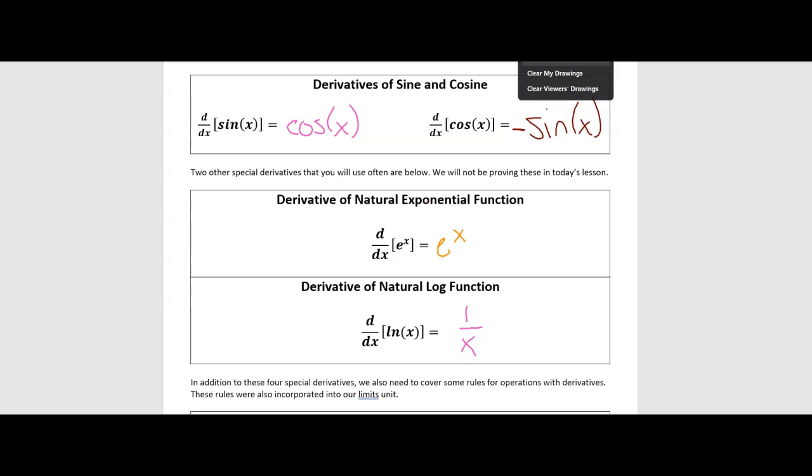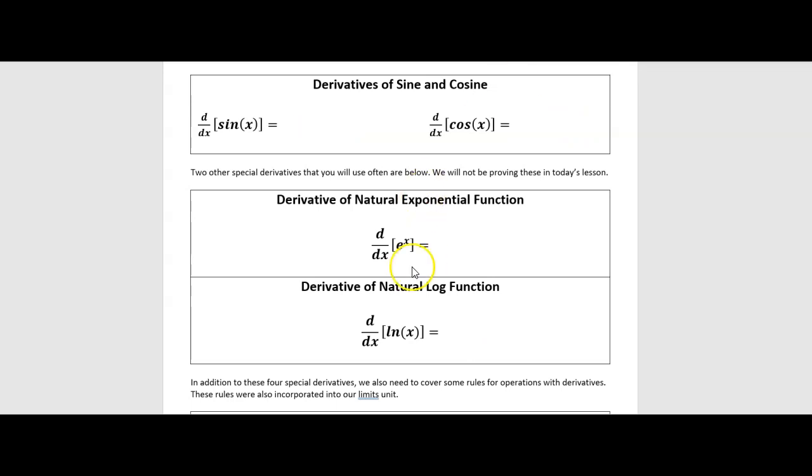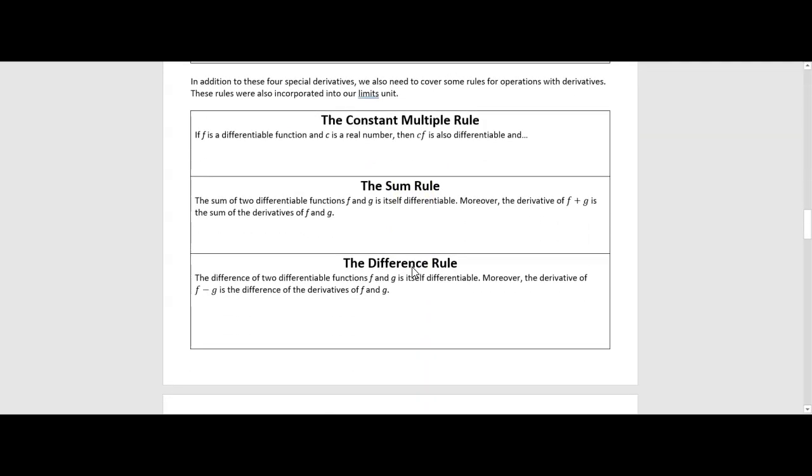Okay, in addition to these derivatives, we're going to look at three derivative rules or properties. One of them is the constant multiple rule. So these properties are all similar to the properties we talked about for limits. They will look the same, we just have a different operator. Instead of taking the limit, we are now taking the derivative. So for the constant multiple rule, if f is a differentiable function and c is a real number, then c times f is also differentiable,